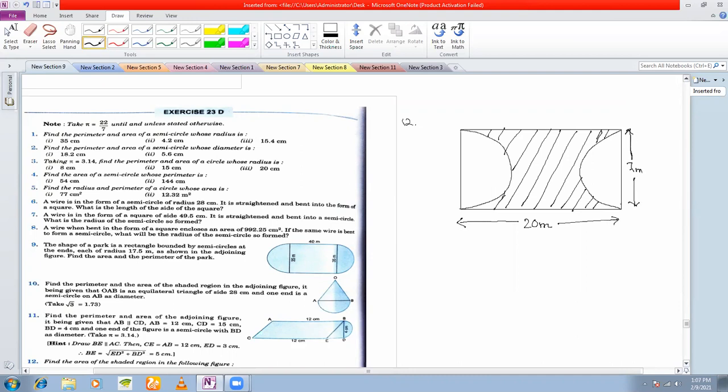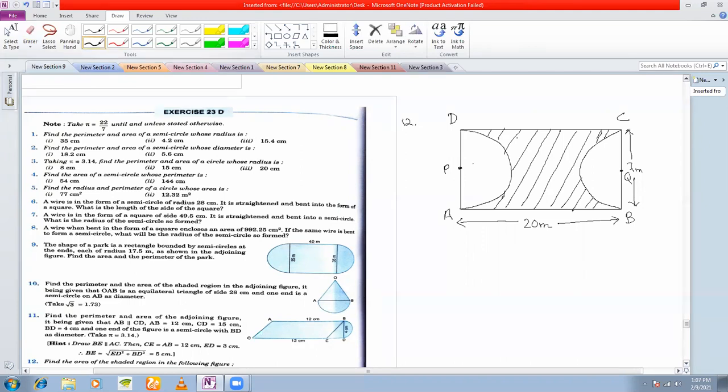Now it is evident from the figure that if I call this rectangle ABCD, and if I call the center of this circle to be P and the center of this circle to be Q, it is evident from this figure that the area of the shaded part is area of the rectangle minus area of this semicircle minus area of this semicircle. It is very evident from the figure. The only question is how to find out the various areas, that is area of the rectangle and area of these two semicircles.